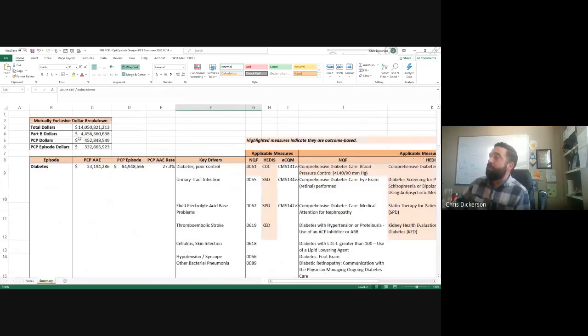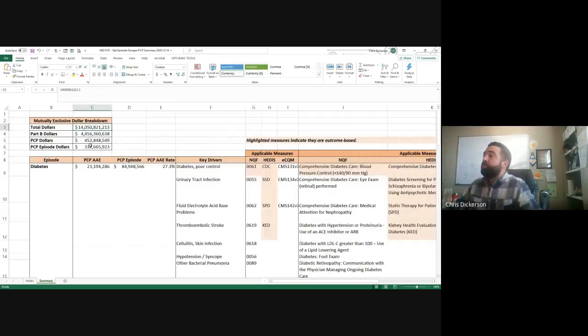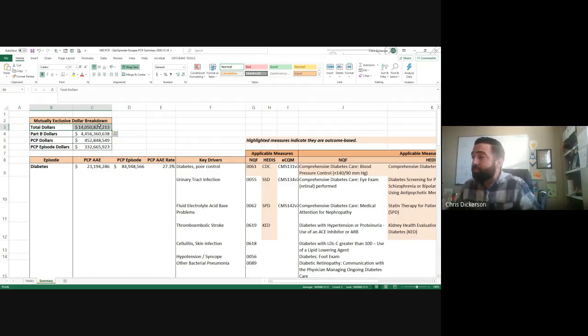The last comment I want to make is back up here. You can see that what we're really focusing on is a universe of $330 million. And again, this is services provided by a PCP participating in the program to a member who is attributed to that PCP. If we expand to the total universe, there's $14 billion here in services provided to those members. So that's a big gap, and that's something that we're really excited about for a potential phase 2 of this